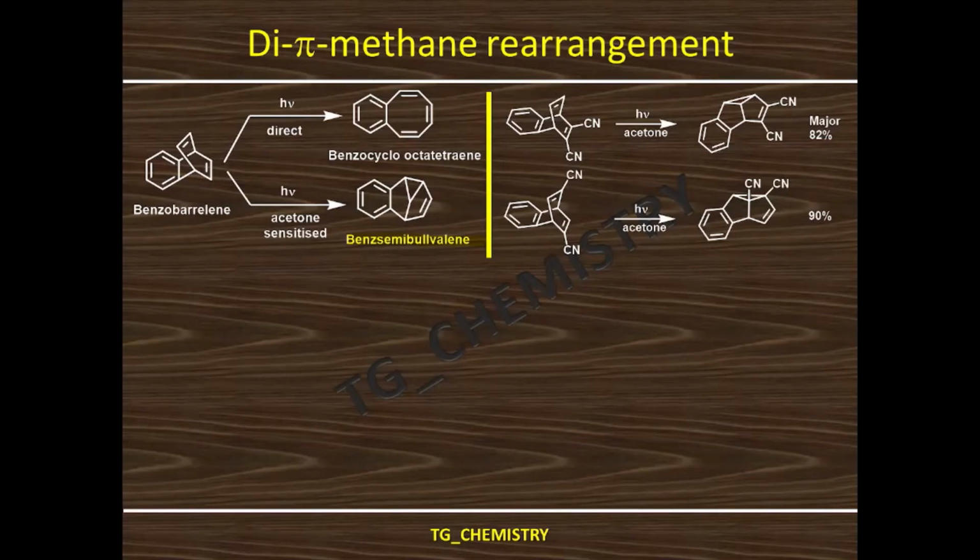The position of the nitrile group, or the cyano group, is changed in that substrate. And again, in presence of acetone sensitizer, the photo irradiation gives the dihydrobenzocyclopropapentalene dicarbonitrile product in 90% yield. So the nitrile group orientations will lead eventually to different products, and these are examples of the di-pi-methane rearrangement